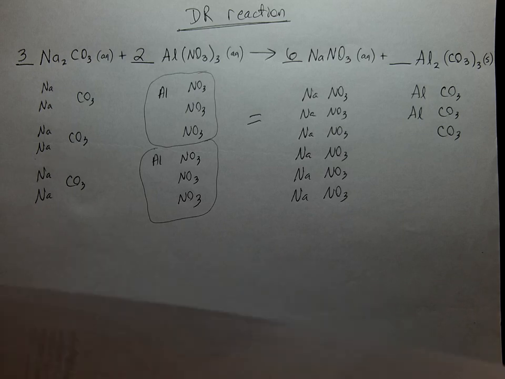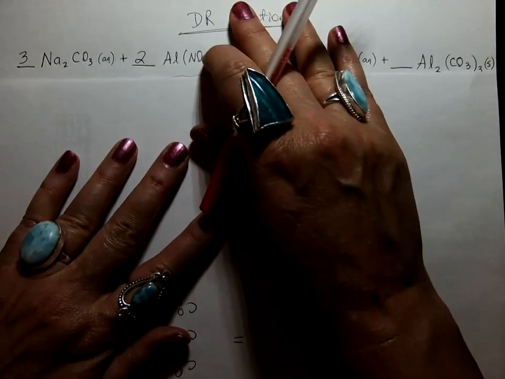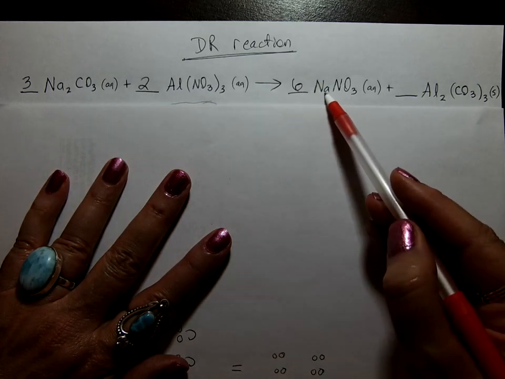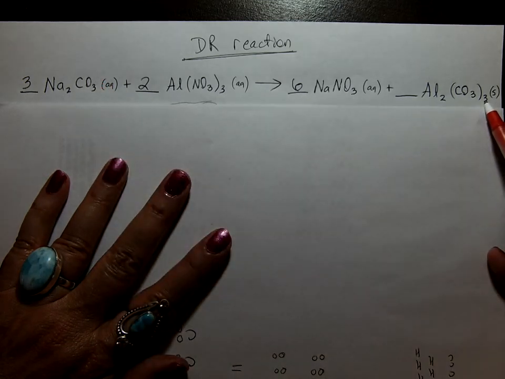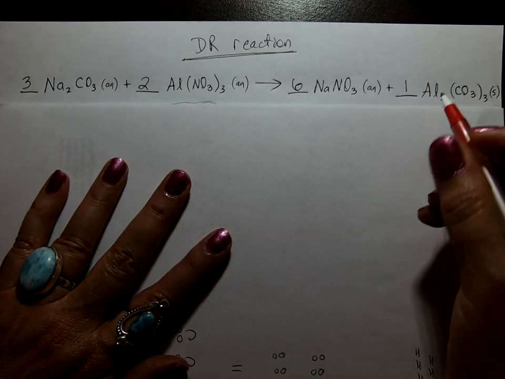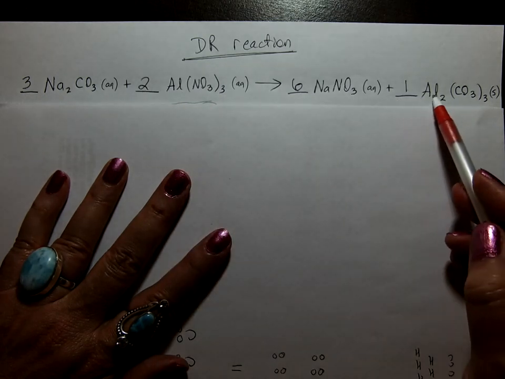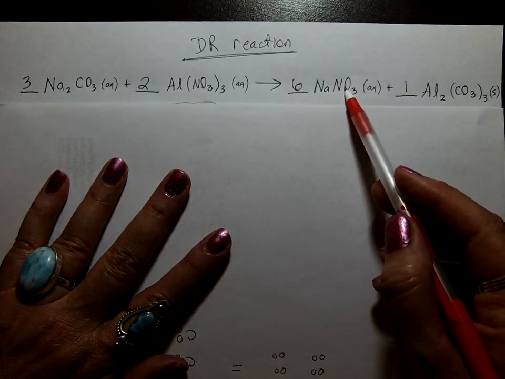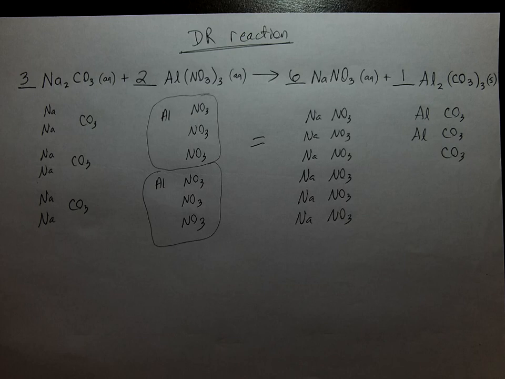Again, we don't have to draw a picture. Let's just look at this reaction. I've got 3 times 2 is 6 sodiums. There's 6 times 1 is 6 sodiums. I've got 3 CO3s because there's a 1 in front here, right? It's just a 1. Got 2 aluminums. 1 times 2 is 2 aluminums. I've got 2 times 3 is 6 nitrates. I've got 6 nitrates. So as you get better and better at this, you don't have to draw the picture. Alright, so there's 2 more difficult reactions that you've seen me balance.